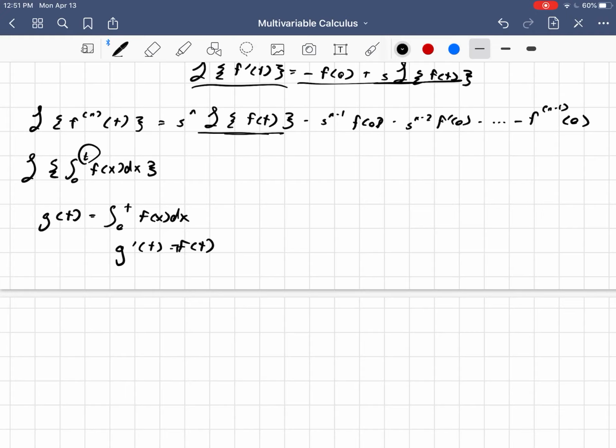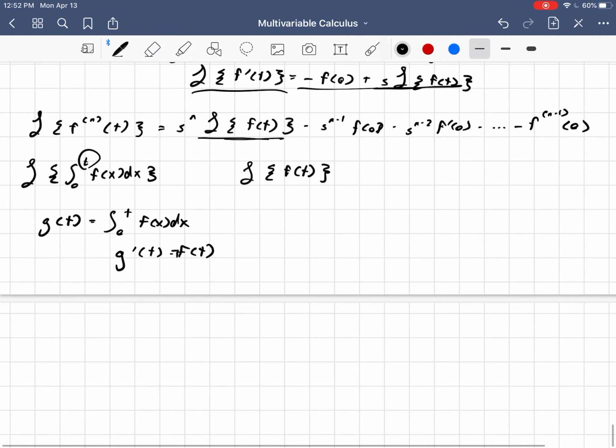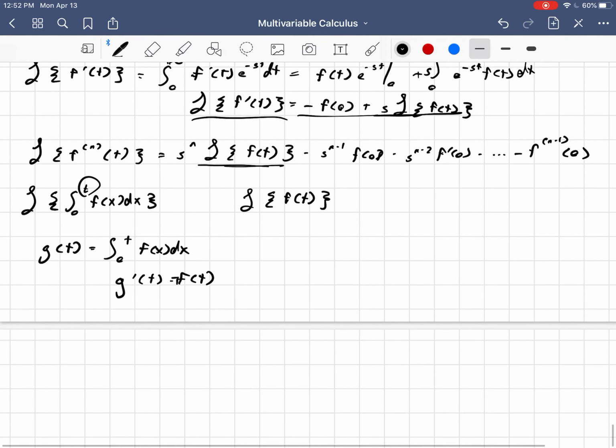Then by the fundamental theorem of calculus, g prime of t is just f of t. So that would mean that the Laplace transform of f of t,